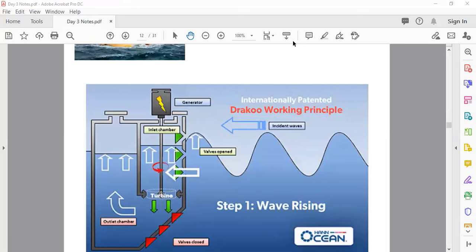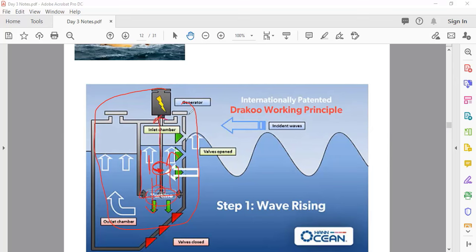Now, for example, here, this is the system which is inside the sea. When the water level goes up and down, so here water goes up, sometimes goes down. This movement creates a circular movement. Moving up and down in a closed container makes a circular movement, and that circular movement moves the turbine, and the turbine